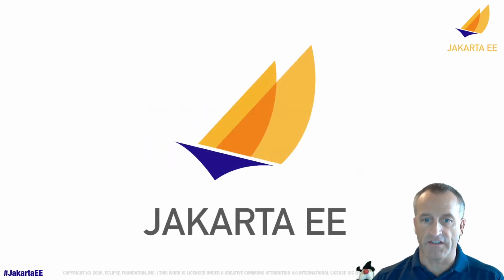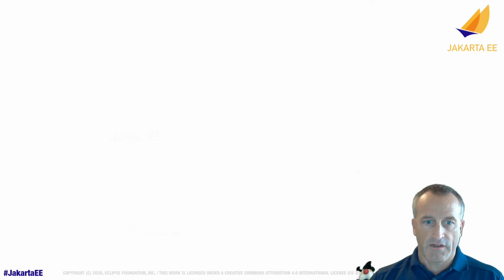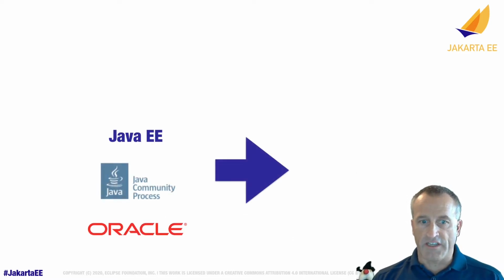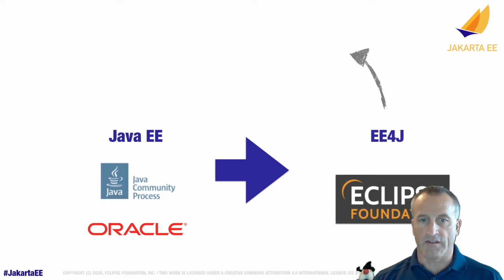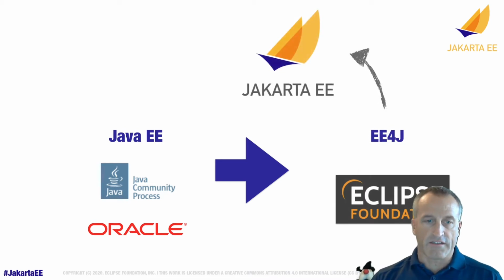So, Jakarta EE then. Where does it come from? Well, you probably remember that it was called Java EE and was run by the Java Community Process within Oracle. And in 2016, Oracle decided to donate this to open source. An open source foundation, Eclipse Foundation, was selected, and we created the EE4J project. So all the Java EE code from the JCP, all the specifications, all the tests, all the implementations came over from the Java Community Process to Eclipse Foundation under the EE4J projects, which are used as a basis to produce the Jakarta EE specifications.